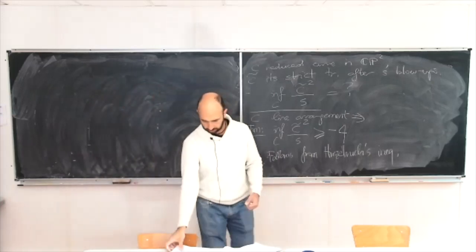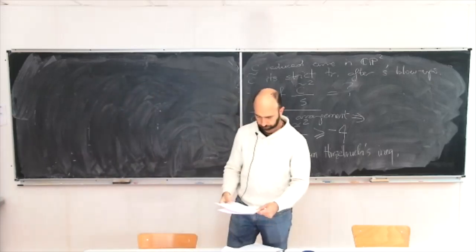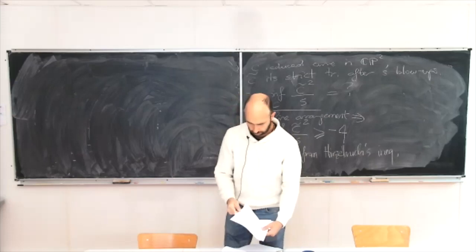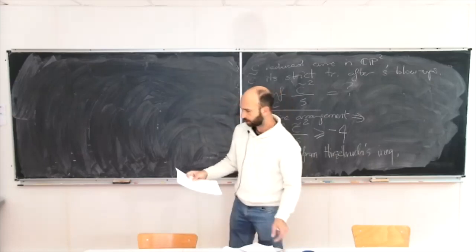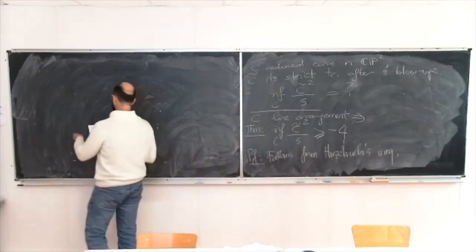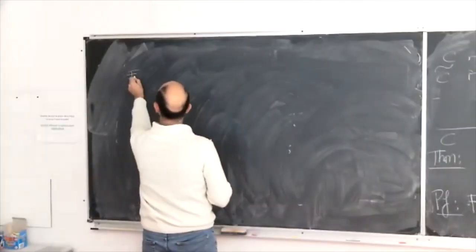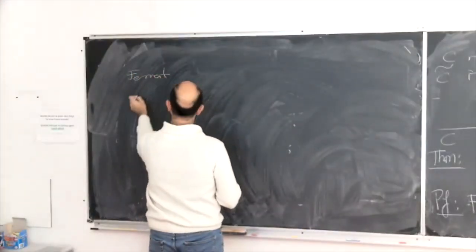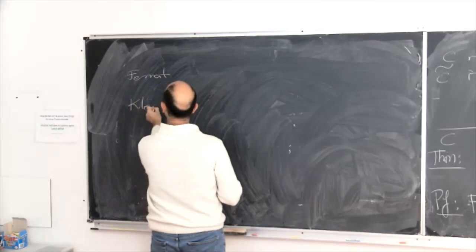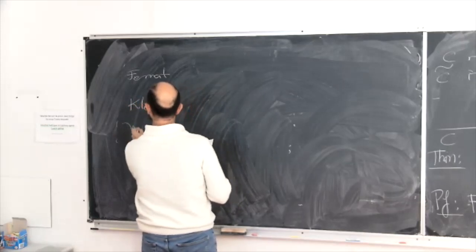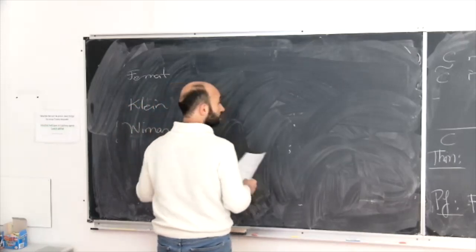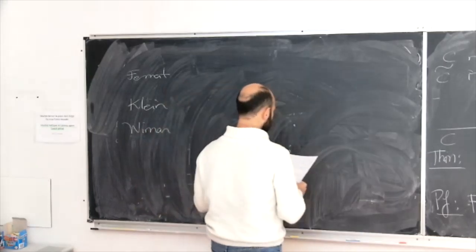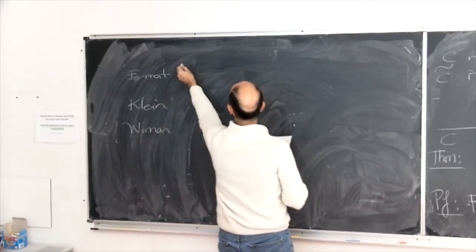So for these special arrangements, Fermat arrangements, Klein arrangement, and the Wiman arrangement, this C hat square over s gives you